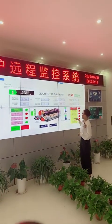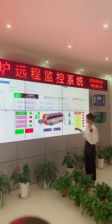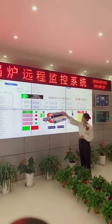All the data, especially the important data, will show on this. You can see the steam pressure now is